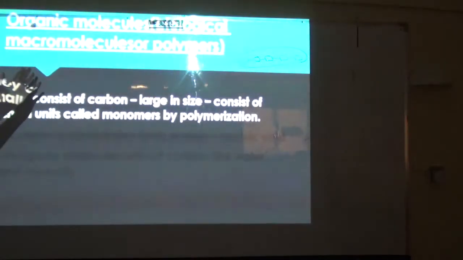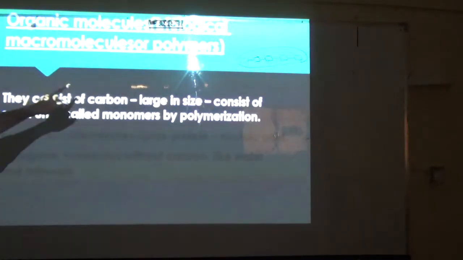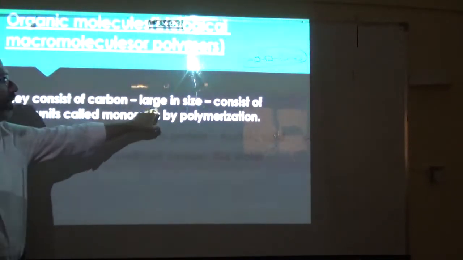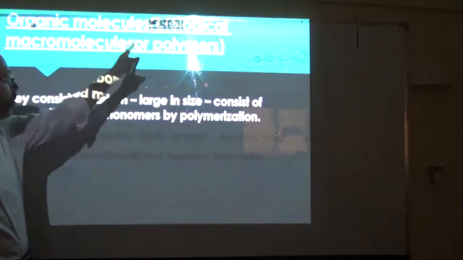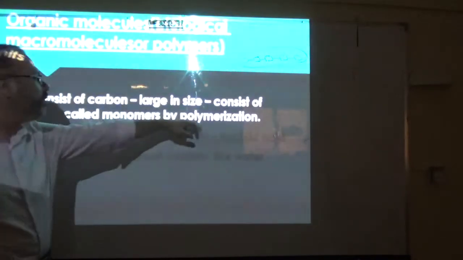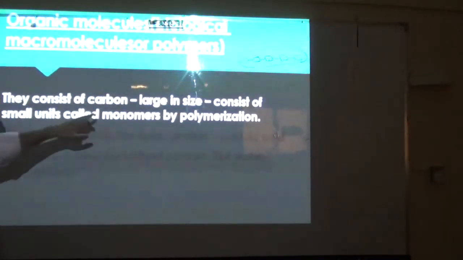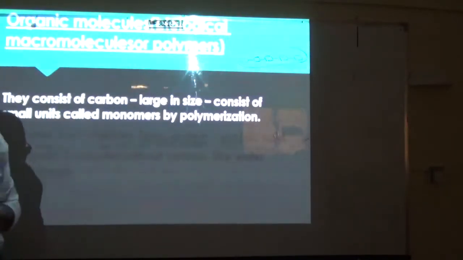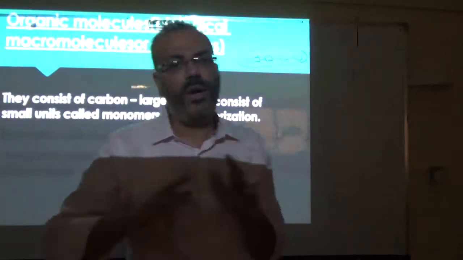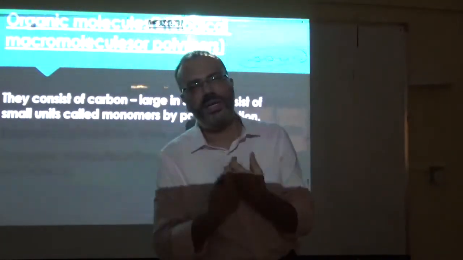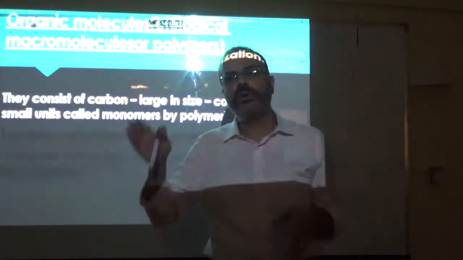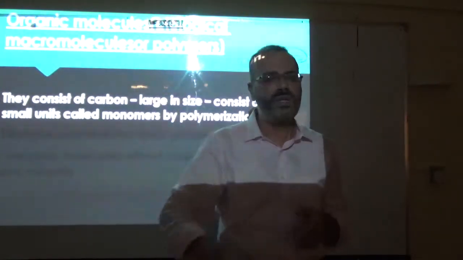So if we identify the organic molecules, we can say that they consist of carbon, mainly carbon with hydrogen. They are large in size, so they are called biological macromolecules. They consist of small units called monomers, so they are called polymers. Okay, what are examples of organic molecules found inside our bodies? We have many examples of organic molecules that are found inside the body, like